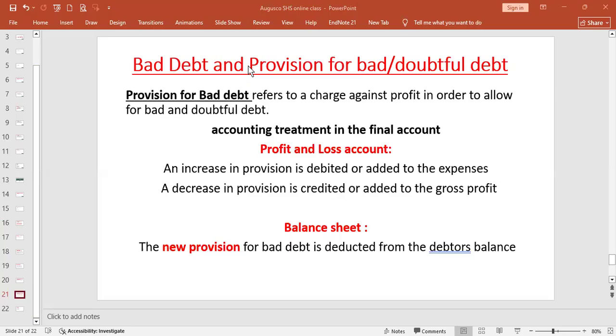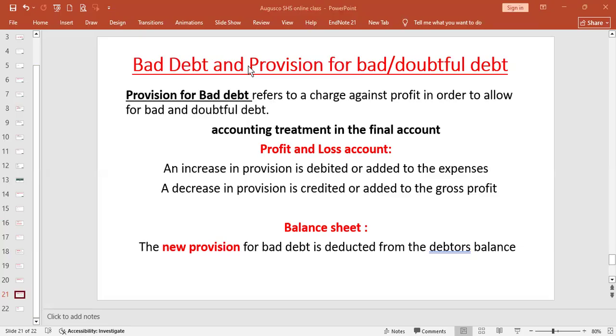And this is backed by one of the concepts in accounting called the prudence concept, that a business should always be ready to cushion itself from future possible expenses or losses. So it's always the case that you anticipate expenses or losses and you make provision for them,